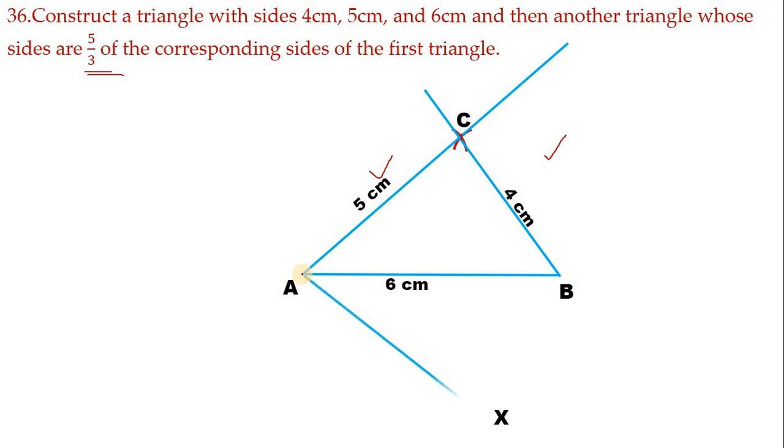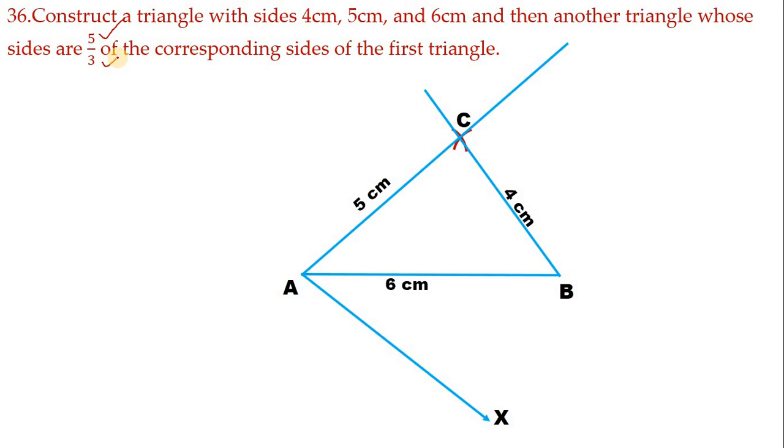So for that, first draw one line like this. Definitely this angle will be an acute angle, and call it AX. Now, a very important thing: many children will do it wrong here. Look at the ratio. In the ratio, which is the greater number, 5 or 3? 5 is the greater number. It can be anywhere, whether in the numerator or denominator. The first thing is we have to look at the greater number. So the greater number is 5.